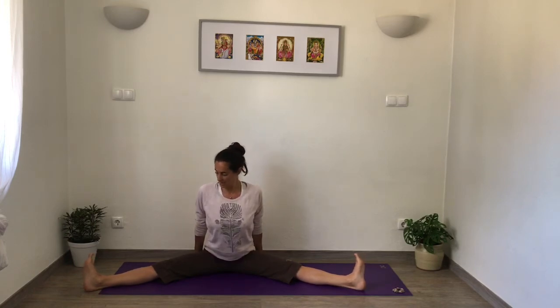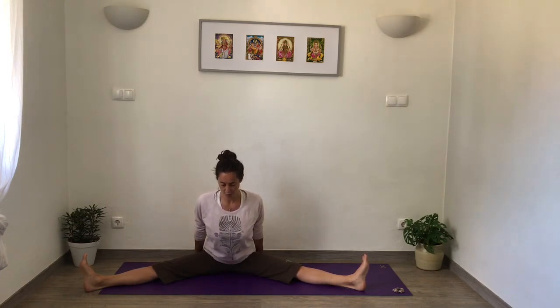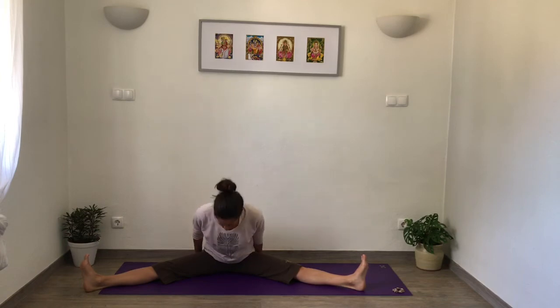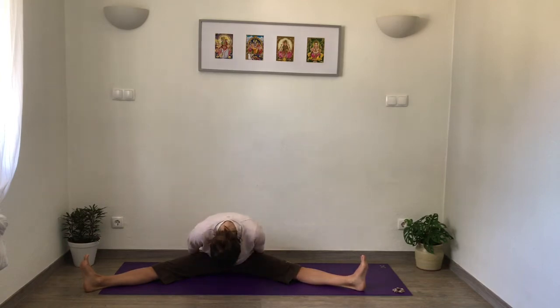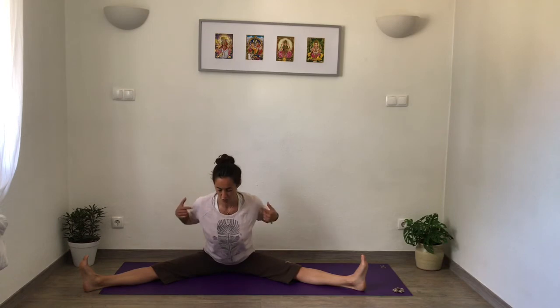Take a moment here to extend through the heels, lengthen through the spine, and see if you can gently draw the pubic bone down towards the floor. So I don't want to see any of this happening where the back's rounding. We're working on extension and forwards by a few millimeters. Shoulders are back